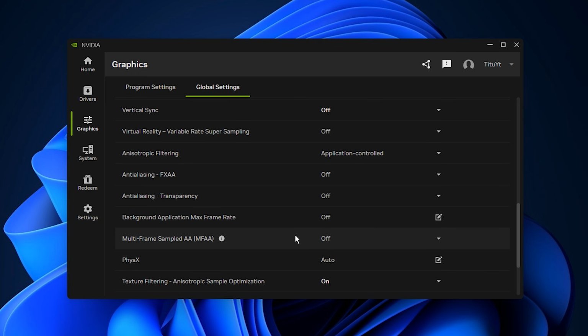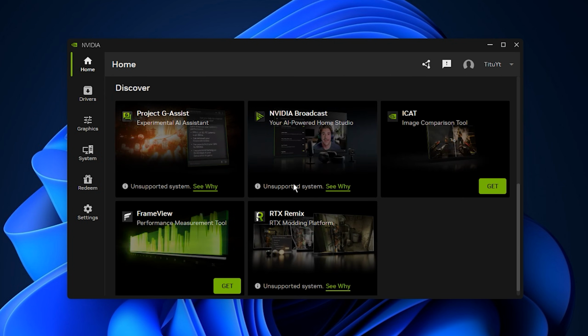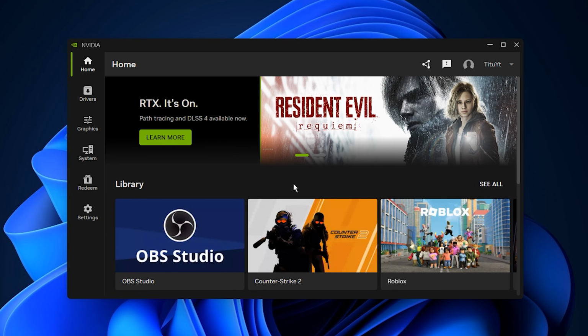Finally, find Multi-Frame Sampled AA, MFAA, and set it to off. This feature tries to improve anti-aliasing across multiple frames, but in competitive gaming, it can introduce visual instability and additional GPU processing. After applying these settings, close the NVIDIA app and launch your game to test performance. These changes remove unnecessary driver-level features so your GPU can focus purely on rendering the game, which can help reduce